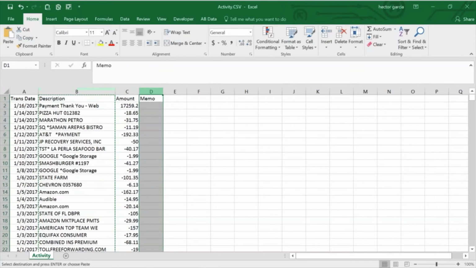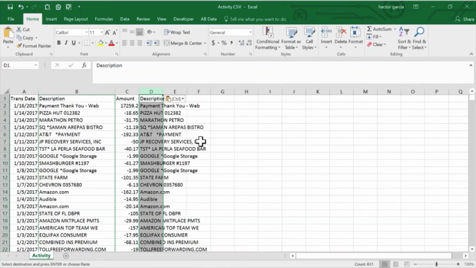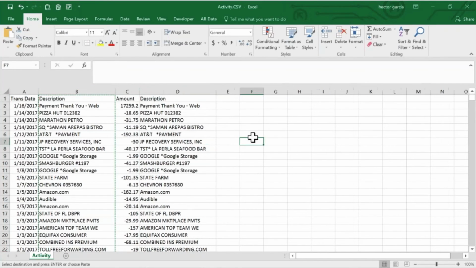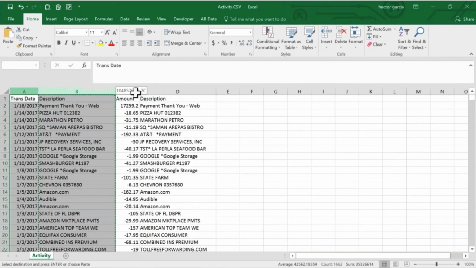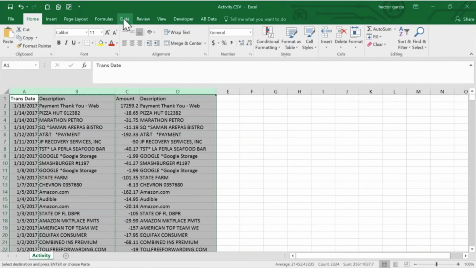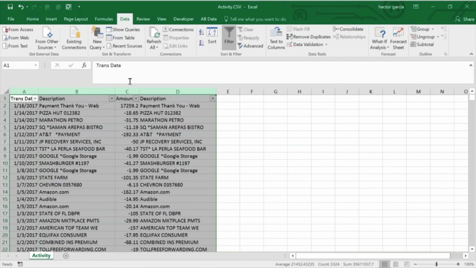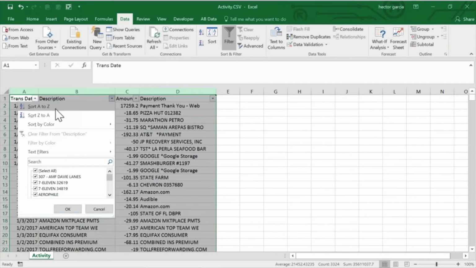paste my original bank information into a memo field, or I can concatenate it in the case where I already have two. And the reason for that is because QuickBooks Online will maintain the original text information, but QuickBooks Desktop will not. So the closest thing you have to maintaining your original bank memo in QuickBooks Desktop is to duplicate that one column. And then once we did that part, we're going to go ahead and through several,